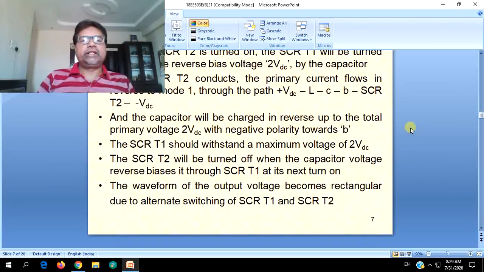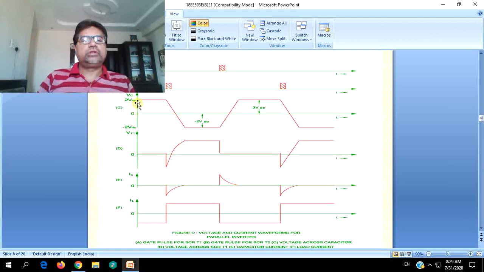That is why the capacitor voltage is shown positive for the positive interval, which was already there. Now when SCR T2 is turned on,